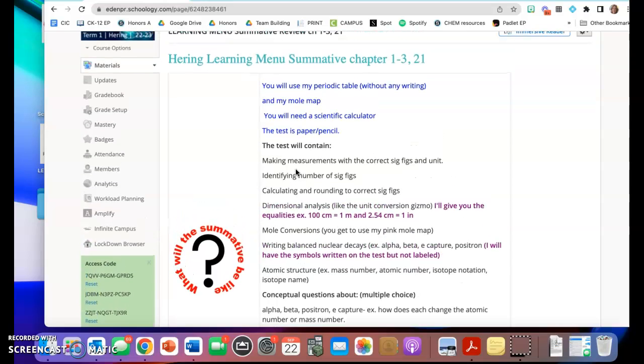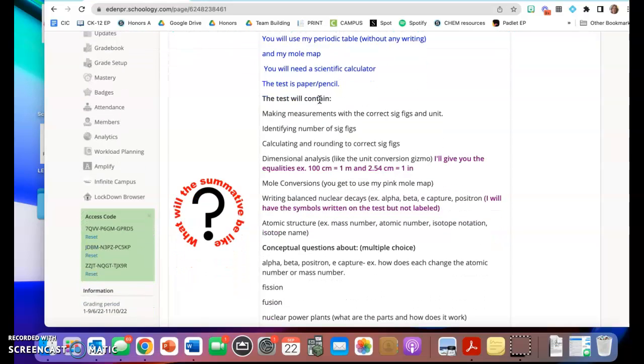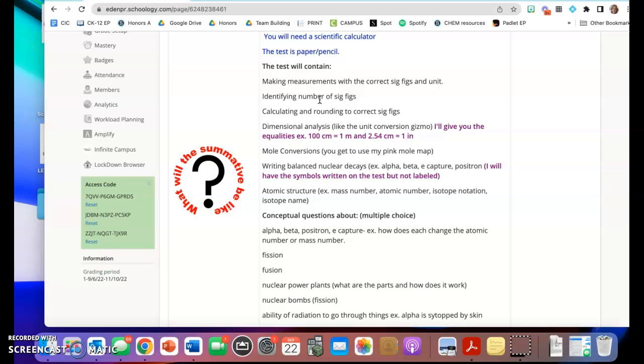The test, or summative, is paper pencil. You will get a periodic table and a mole map. It'll be mine that doesn't have the writing on it. You do have to bring a scientific calculator. It is paper pencil, so it has to go all the way back to our first couple days,